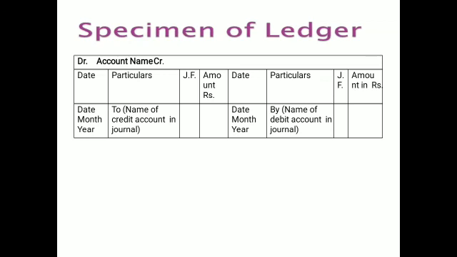The first thing at the top, you have to write down the name of the account. Then on the left side, you have to write down the word debit, and on the right side at the corner, you have to write down the word credit. Then the columns are date, particulars, JF, and sometimes an LF column for the next account, and the amounts. You may see that this is a debit disclosure.